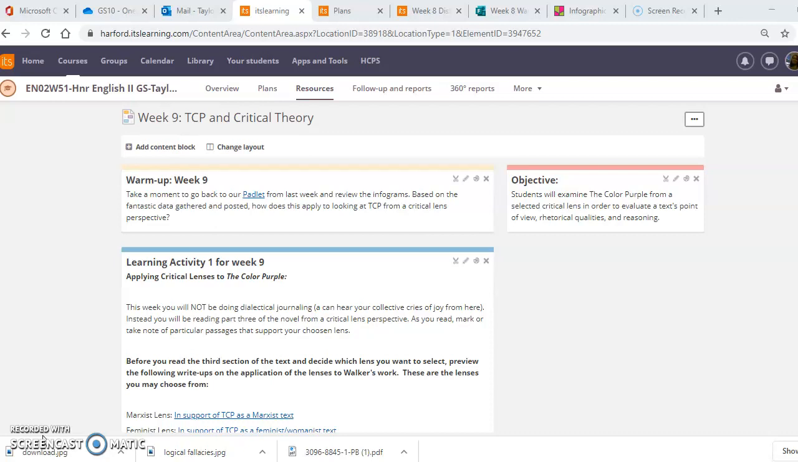So in week 9, we're going to build off the research that we did last week and think about how that might apply to critical lenses. You'll note here for your warm-up that it asks you to go back and take another quick look at the Padlet. You don't have to write anything. You don't have to redo or comment on anything. But I want you to take a quick assessment. What did you guys research? What stood out to you? What did the majority of people look into? I think that might help you frame and decide what critical lens you might decide to look at section 3